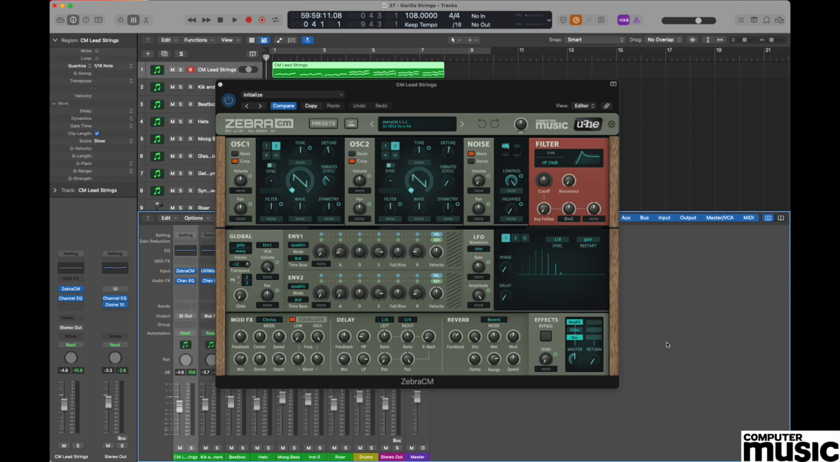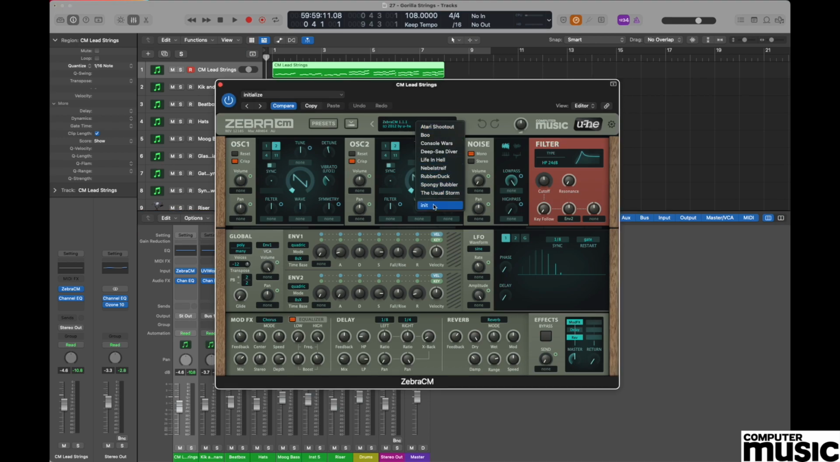ready to use. We'll begin by performing an Initialize, which we do by going to the display, which is right at the top in the center of the plugin. Click and come down to the bottom of the menu, you'll see the word Init for Initialize. When you click that, the entire plugin becomes initialized and we have a default patch ready to begin creating our